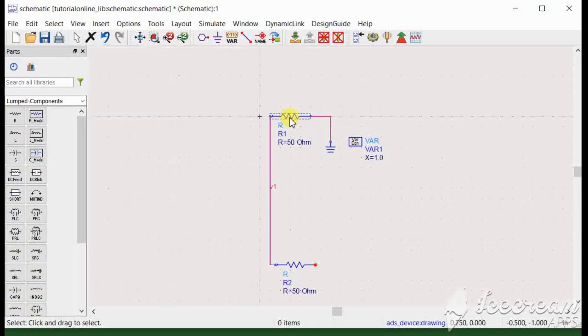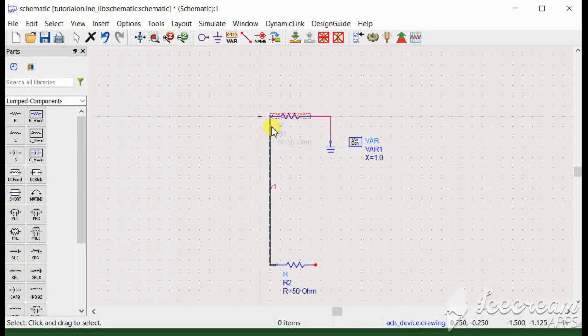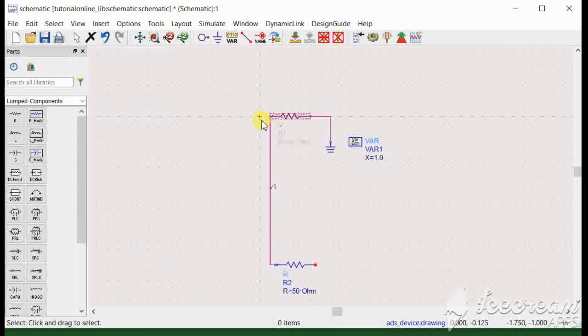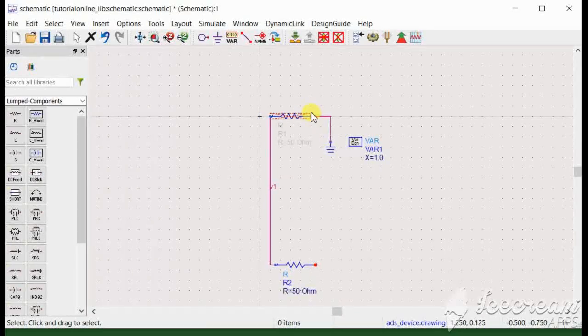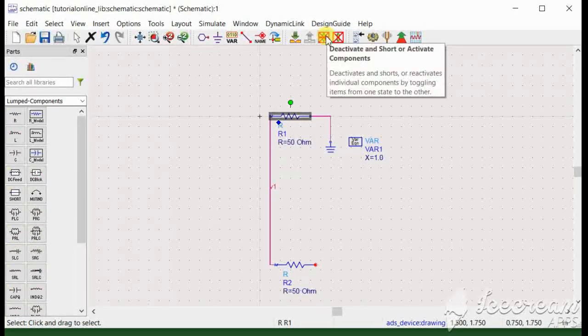For example, this R is there. If I want to deactivate it, I can do it simply by this. So by deactivating this, there is no connection between this and this particular point. But if I deactivate it using this, it is deactivated actually now.